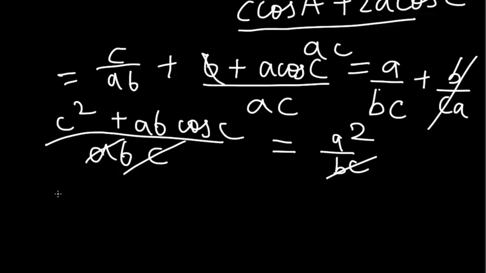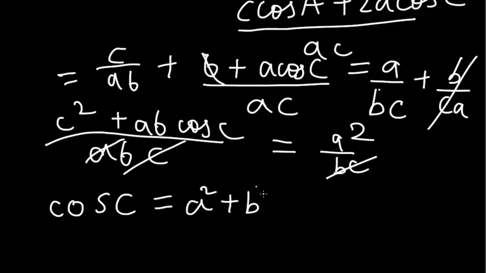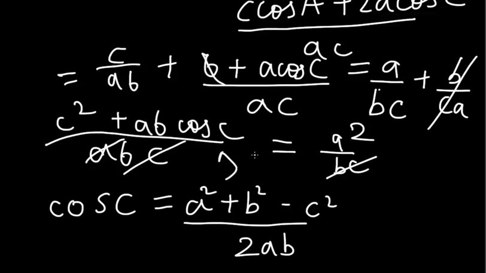So if we do that, you'll notice that first of all cosine c is equal to, so let me write it down, cosine c is equal to a square plus b square minus c square divided by 2ab. This is cosine of c. If you just substitute cosine of c in this equation, let's see what's going to happen. So first of all, notice that we have ab here and we also have ab in the denominator, so these two guys will get cancelled. So we are left with